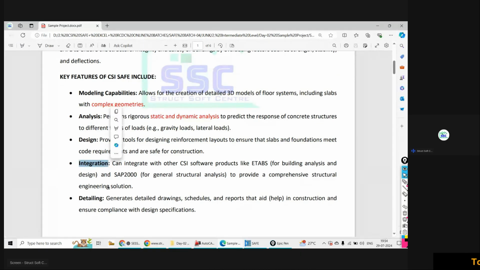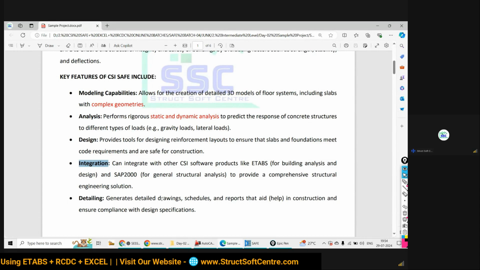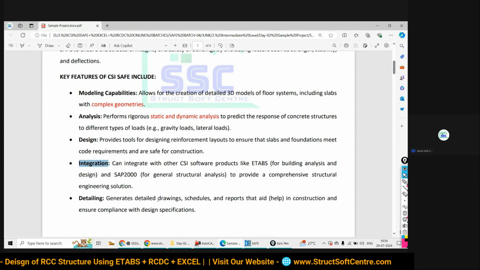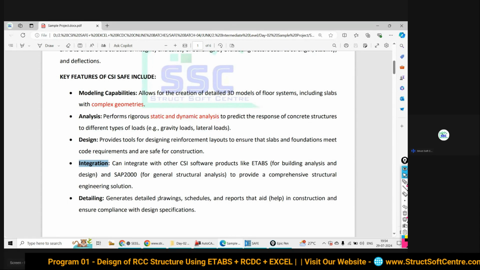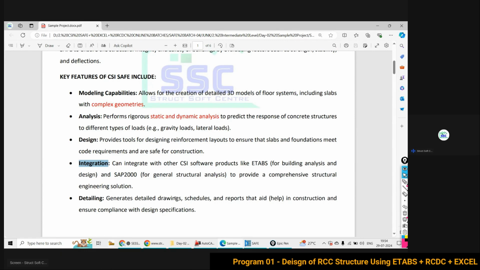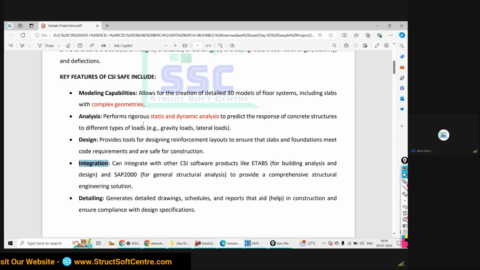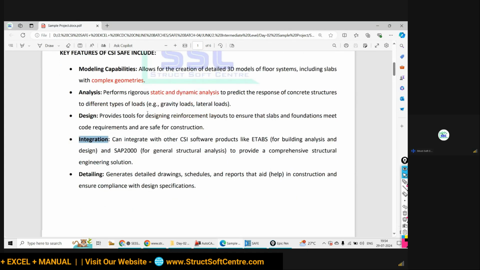And as I told you, this software is capable not only of modeling, analysis and design, but also of detailing, drawings, and scheduling, which you can directly send to site for construction. So this is overall about your CSI SAFE software.